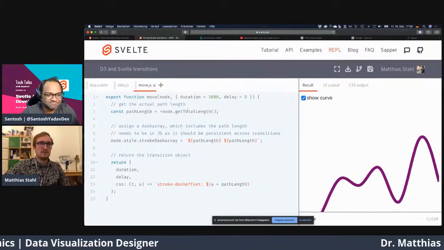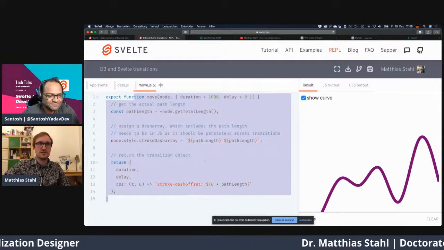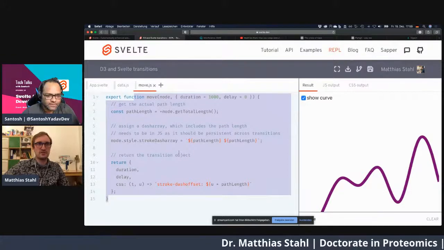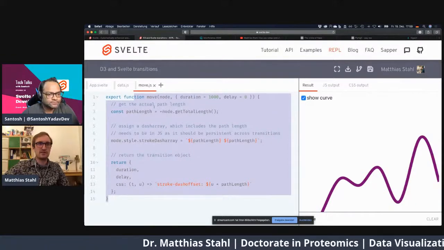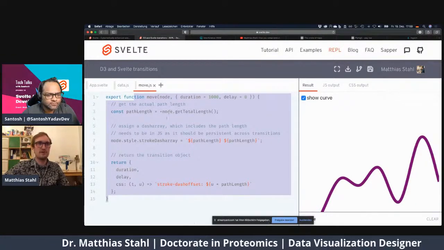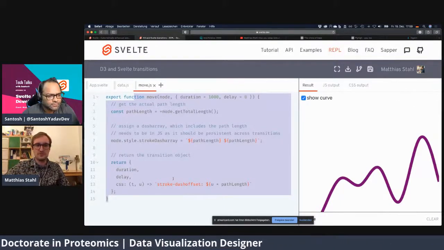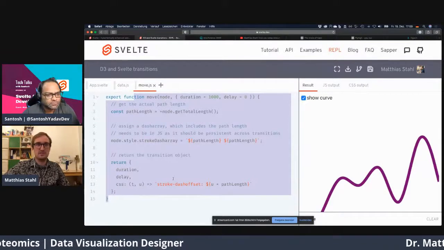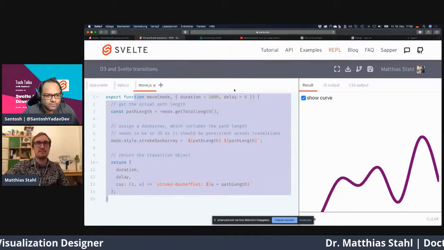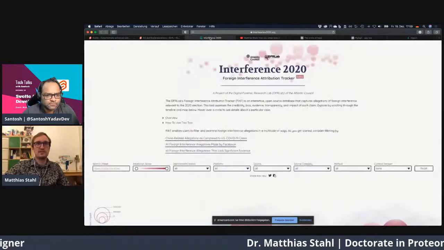And so you can write this function once. This is my own now, but there is also one which comes out of the box from Svelte, which you can use. I think draw is the name. And you can write these functions just once, and then you can use them in all of your projects wherever you have these path animations. And yeah, I just recently did one